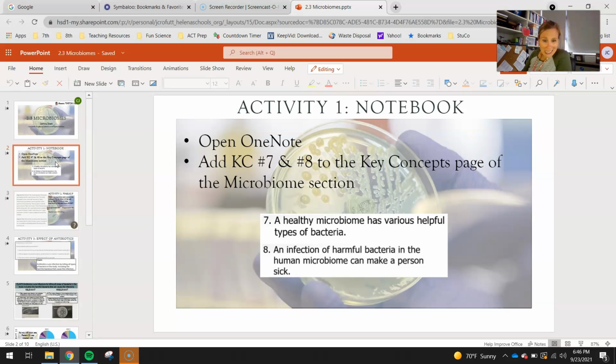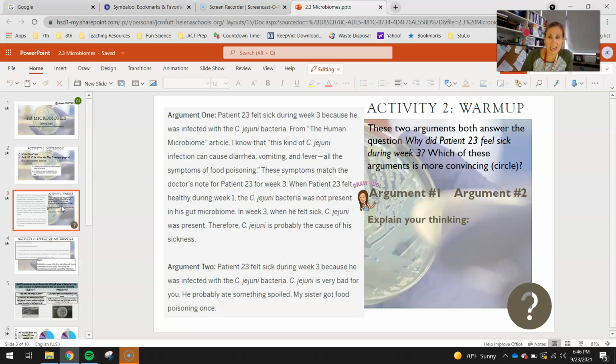And key concept number 8, an infection of harmful bacteria in the human microbiome can make a person sick. Like I said, you guys are also going to learn a little bit of how antibiotics tie into that. So for your warm-up today, you guys have 2 arguments, and you're going to tell me which of these arguments is more convincing. So argument number 1, patient 23 felt sick during week 3 because he was infected with the